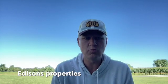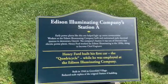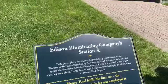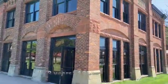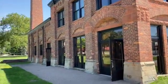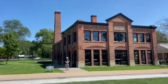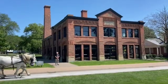One of the most fascinating for me, I liked Henry Ford's house, I liked the Wright Brothers' house, but I also liked Edison's homestead and Edison's workshop and his outbuildings. What I didn't know is Henry Ford worked for Edison. I believe he worked for him 6 years before he started the motor company. And he and Edison became good friends, and thank goodness Henry Ford saved all of these structures. Some of them, and they'll tell stories in there of different structures that were going to be just demolished. And Henry Ford scooped up many of these buildings, not just Edison's but others, and brought them to this location,